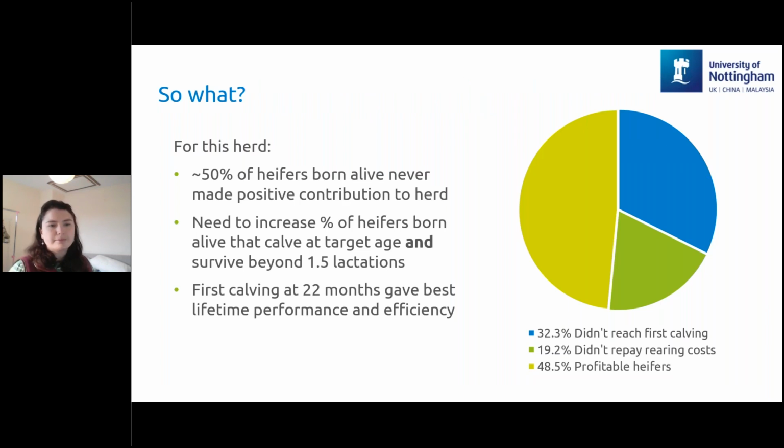So what does this mean in terms of heifer rearing efficiency? From this herd, 32% didn't reach their first calving, and a further 19% didn't repay their rearing costs. So this brings us up to a figure of almost 50% of heifers born alive not making a positive contribution to the herd. This is similar to the industry values that I mentioned earlier, and it really highlights